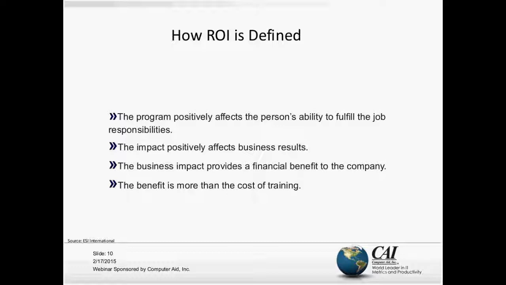What I'm trying to say is, should we just train people on how to put things together, or is it more important for them to understand what the product is being used for when it's finished, so that as they put it together, they can have that in mind, so that